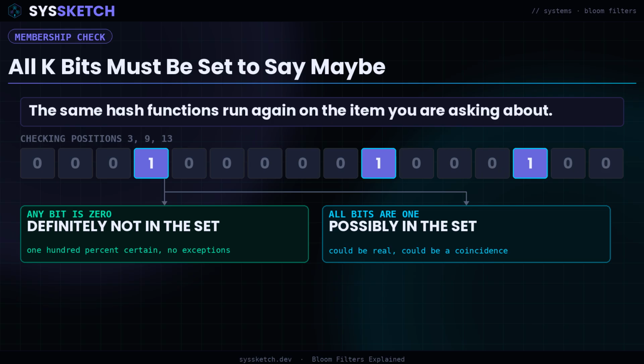Checking whether an item might be in the set runs the exact same hash functions used during insertion, producing the same set of positions for that item every time. The filter then looks at the bits stored at each of those positions. If even one of those bits is still 0, the answer is immediate: not present. This item was never inserted, because insertion always sets every one of its bits to 1 and nothing ever clears